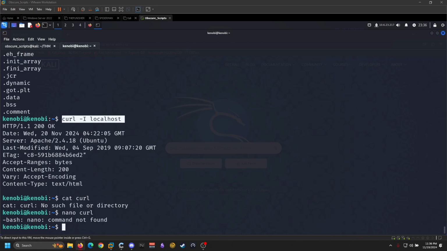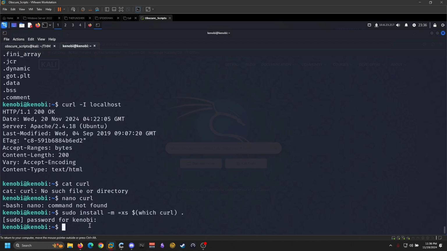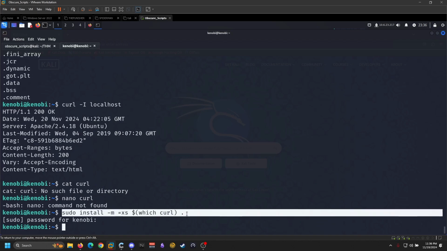Okay, so it says here that the tag M, let's put into perspective what I'm talking about here. So this is what the command is. It says here that the tag M space equals XS. The tag M specifies the file mode, which is the permissions for the file to be installed, and the equals XS